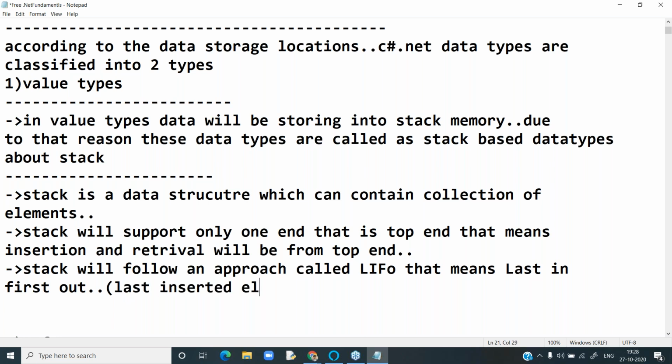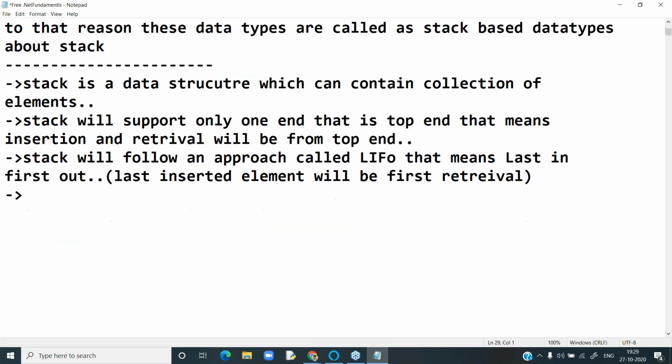So now I'm going to show you the stack diagram. Value type data will be stored in stack memory, I said. Assume that this is the stack.